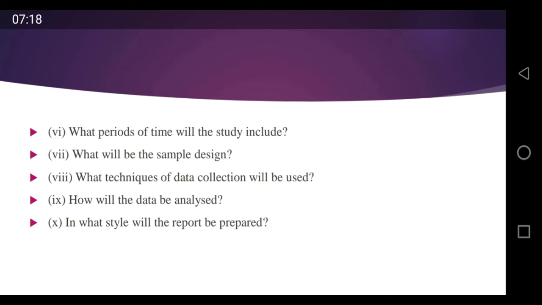Now, what techniques of data collection will be used? So many techniques are available for the data, depending on where you are going to get it from. Whether you are going to get it from the research process, or from research centers, or some universities, or you can collect it hypothetically, or you can use the impact factor, from that also we are going to collect some data. All these things are going to be considered there, okay.